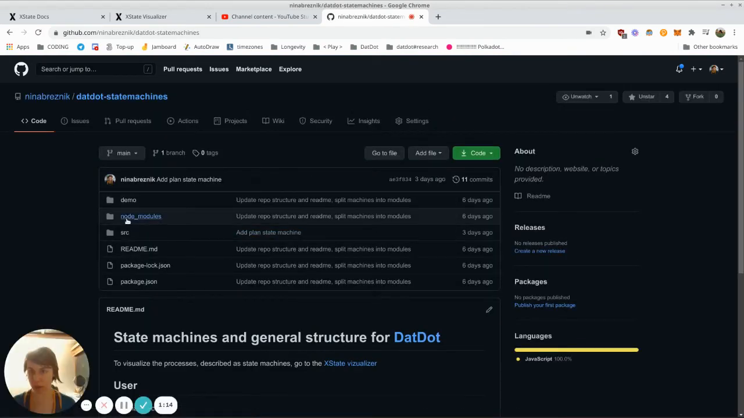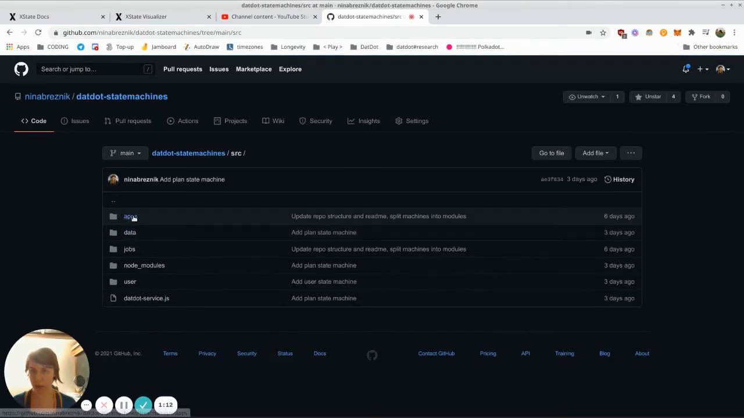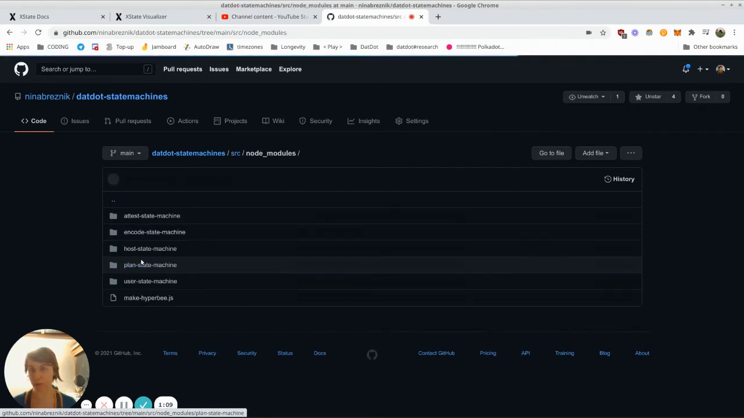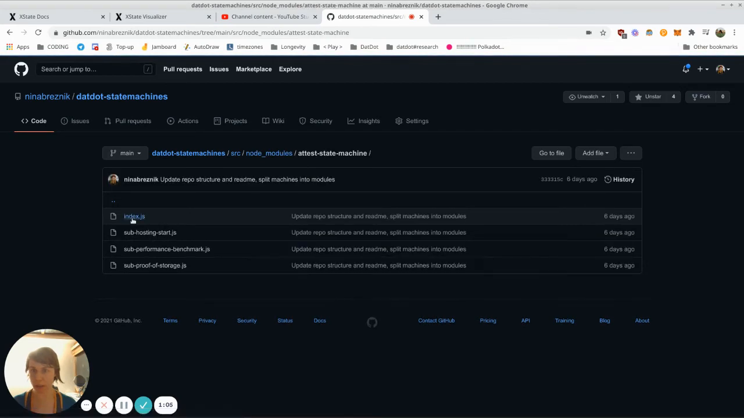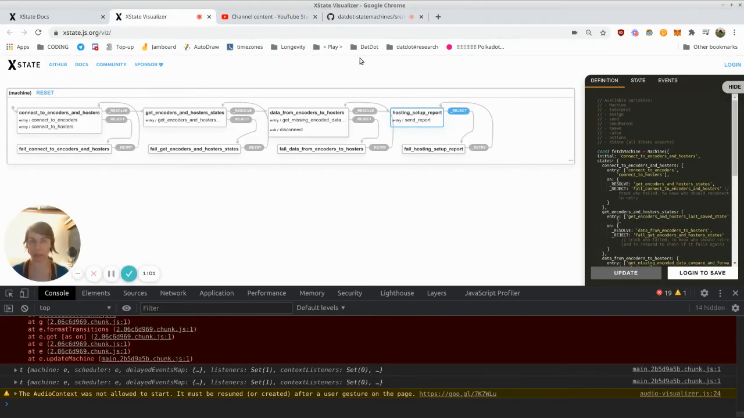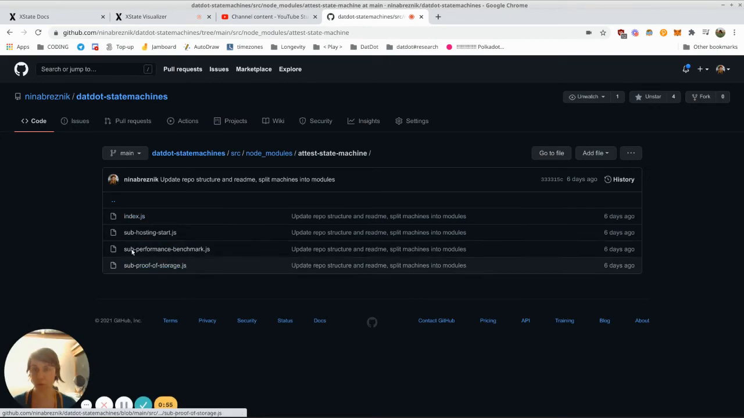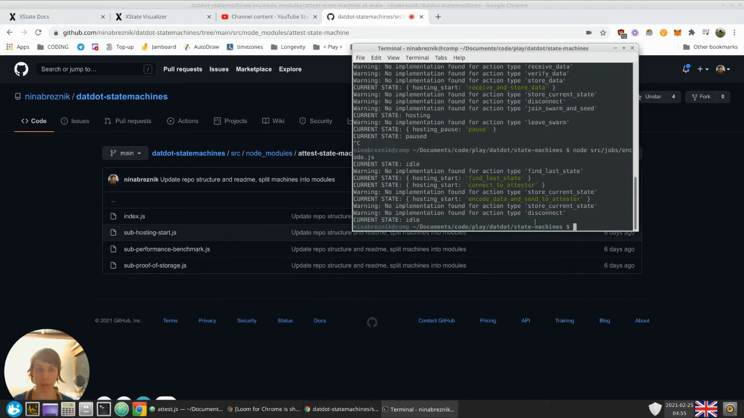So the whole thing is in the source, and there are, as node modules, the state machines. So if you go and copy a state machine, you can visualize it. There are some tweaks that you have to do because I now split it into multiple sub machines, so you have to join them in one file so that it would work. But you can also run it locally